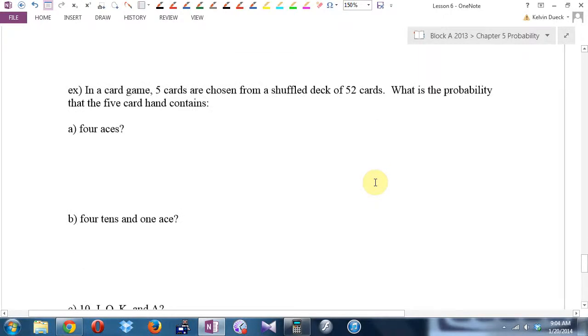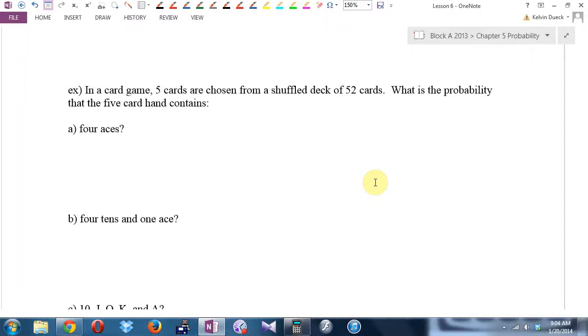We're going to do 5-card poker, because that was what was popular when I first created these. I know Texas Hold'em 7-card poker is very popular right now. It's not that hard to extend it to 7 cards. Your buckets get bigger is all. So, in a card game, 5 cards are chosen from a shuffled deck of 52 cards. What's the probability that the 5-card hand contains